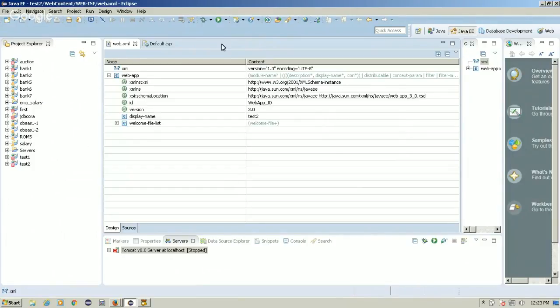Simple Java programming requires a Java compiler and a Java virtual machine, and you can do programming in plain Java. Those Java programs can be run on any operating system, but the limitation of